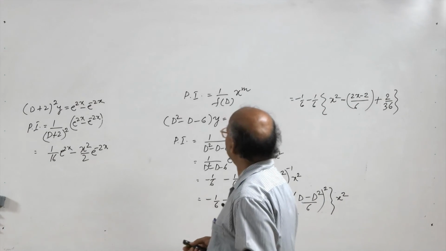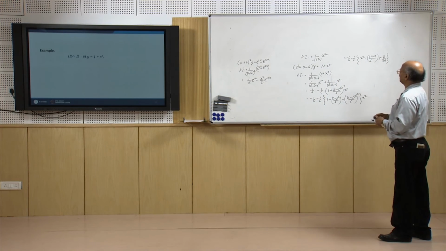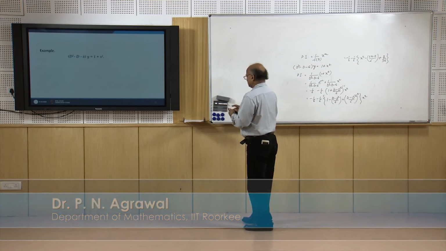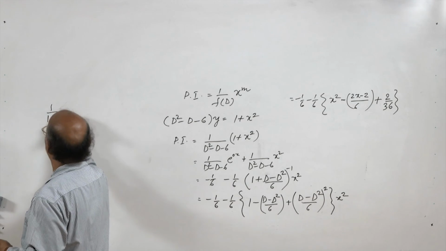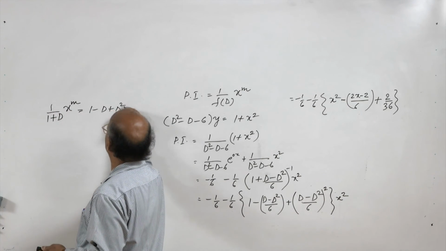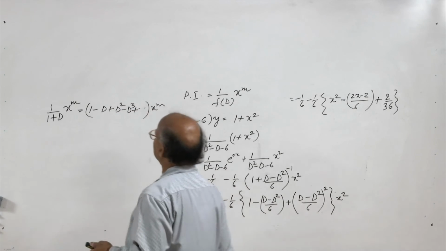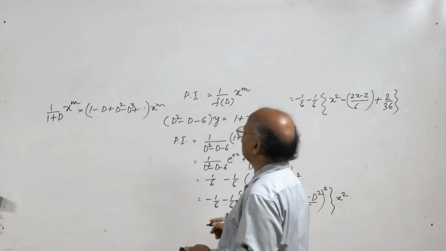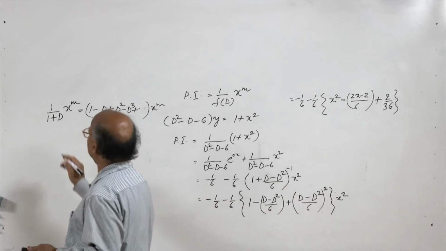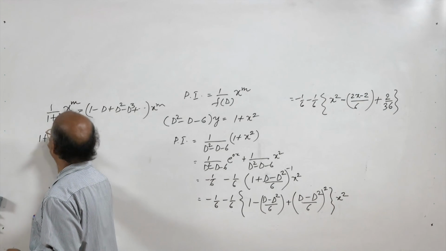So when 1 over f d operates on x to the power m, where m is an integer, we have to expand 1 over f d in ascending powers of d. Now I will tell you how this expansion is justified. Suppose we have 1 over 1 plus d operating on x to the power m, and we are writing it as 1 minus d plus d square minus d cube and so on. We are expanding 1 over 1 plus d like we expand 1 plus x to the power minus 1. So how is this expansion valid? To prove this, you operate by 1 plus d on both sides. So operating by 1 plus d,